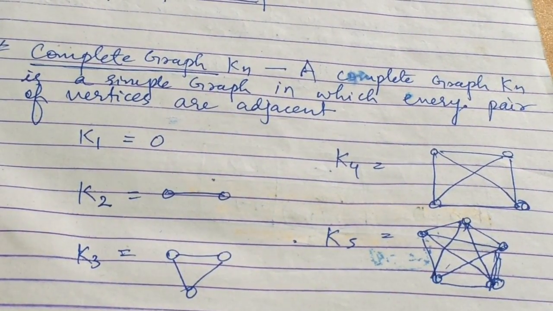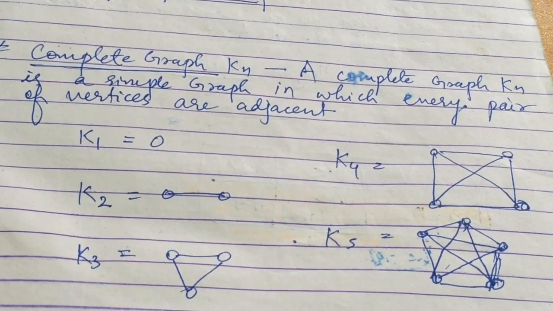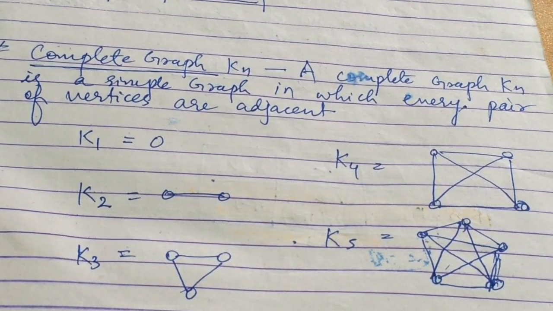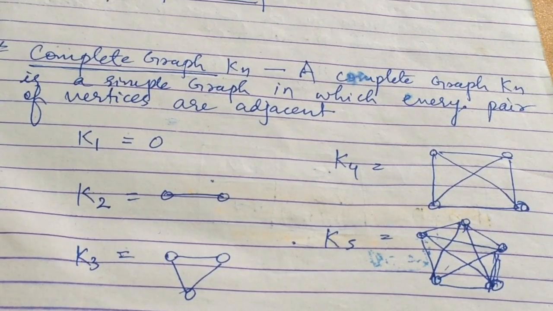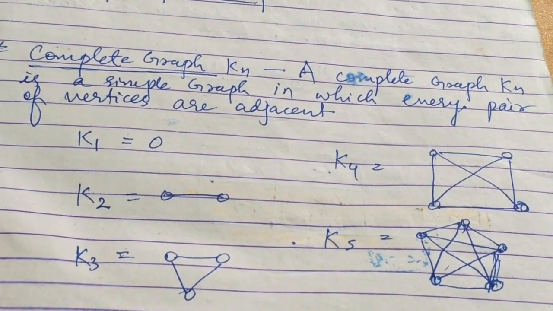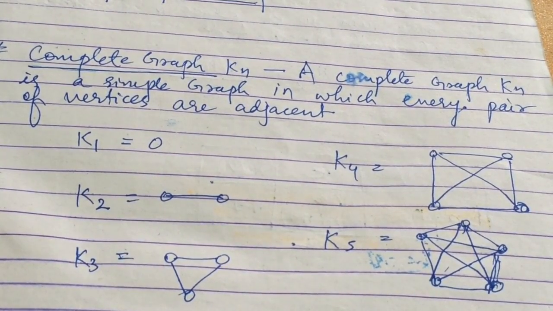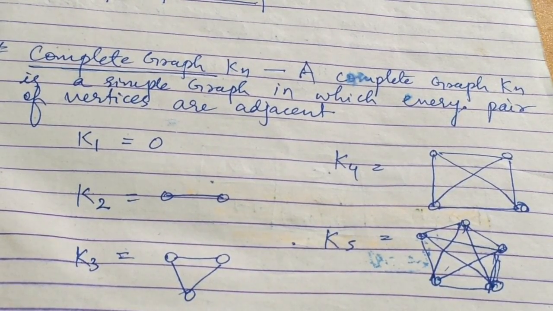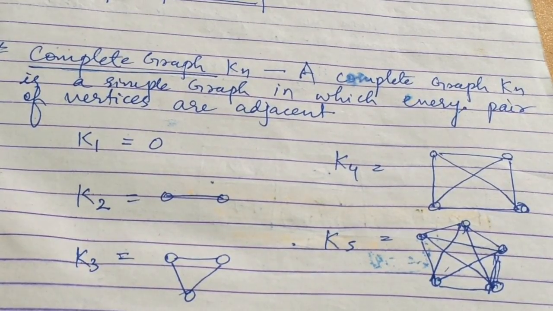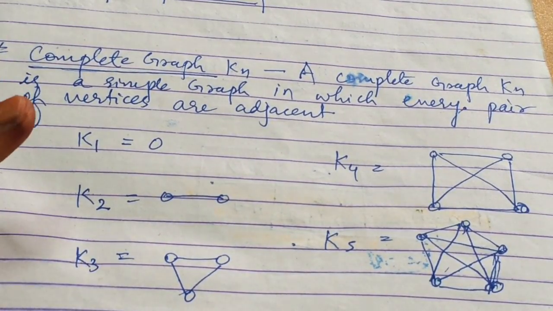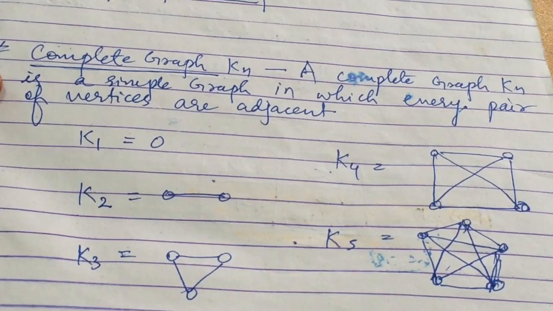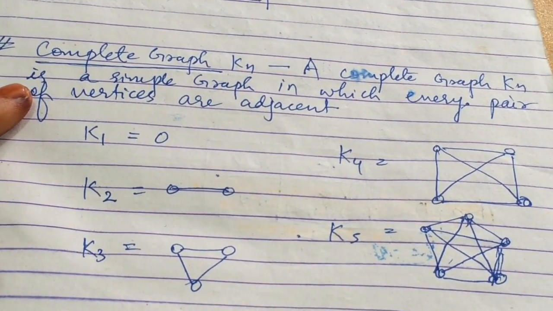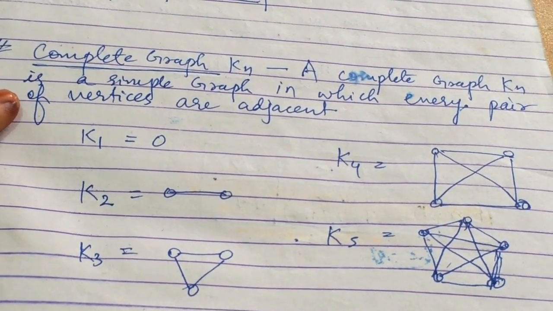Now we'll see another type of graph which is known as complete graph. So first of all we see what is complete graph. A complete graph is denoted as Kn. K is for complete and n is for number of vertices. So this Kn is a complete graph of n vertices, is a simple graph in which every pair of vertices